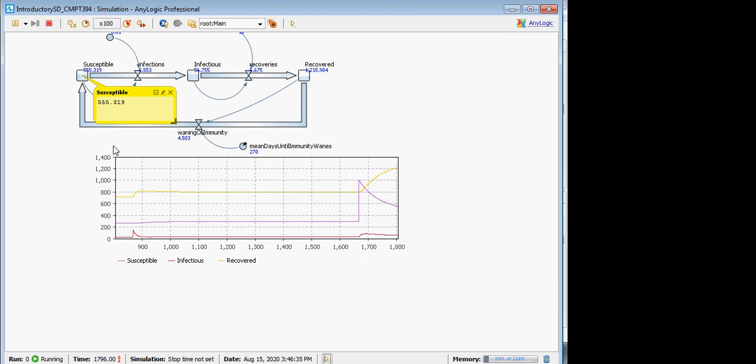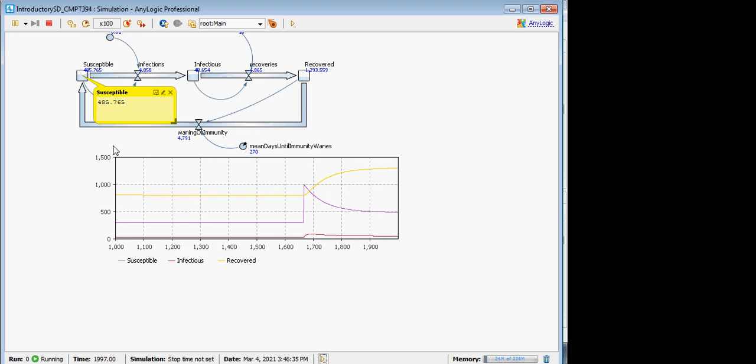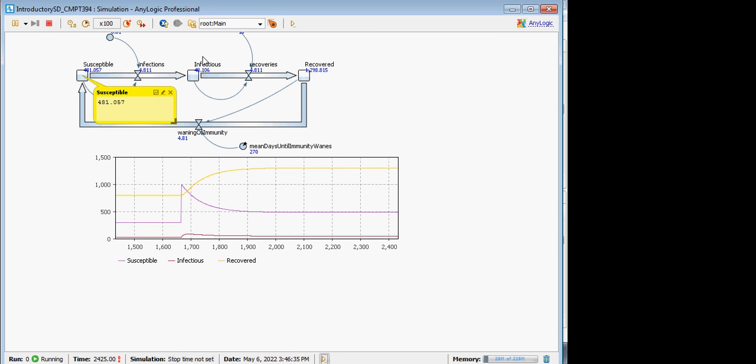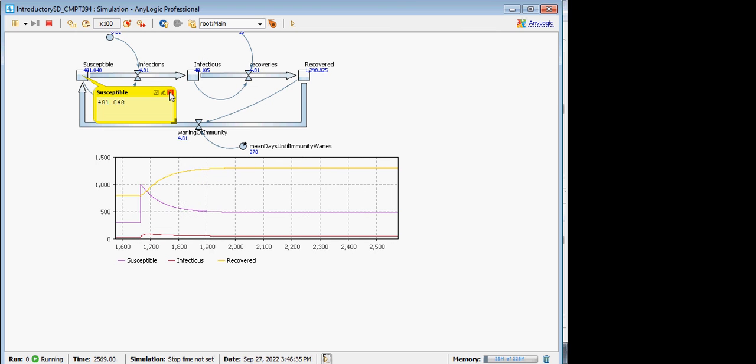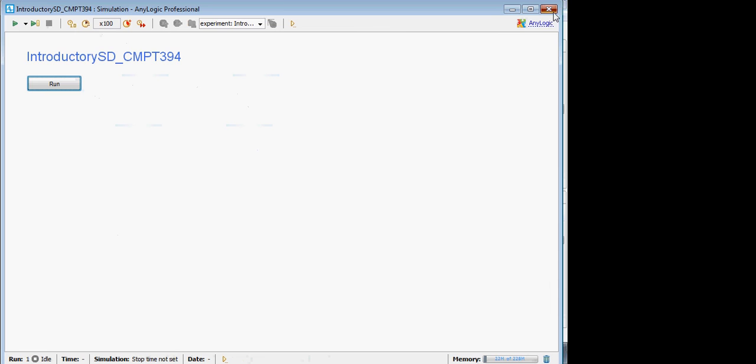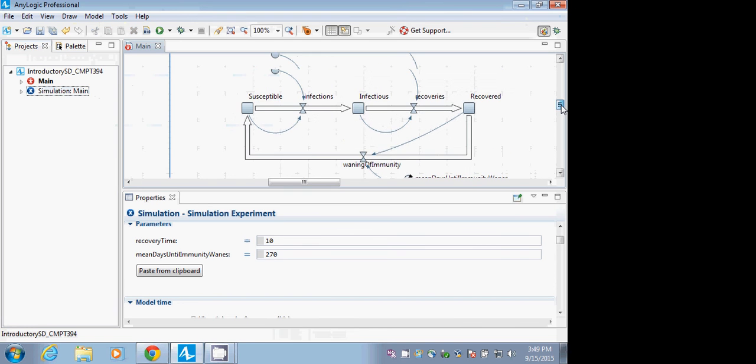We could disturb it some more. We're going to have 1,000 susceptibles more come in, and now it's rebalancing itself, but it's reached this equilibrium. Okay. Now,